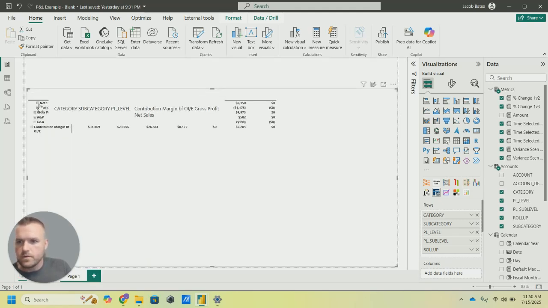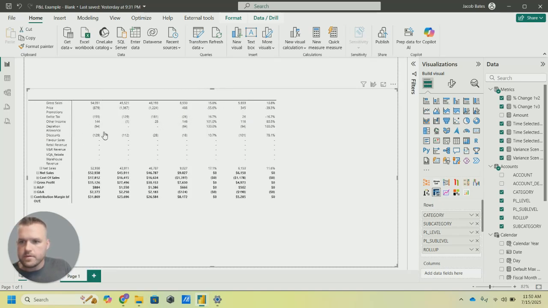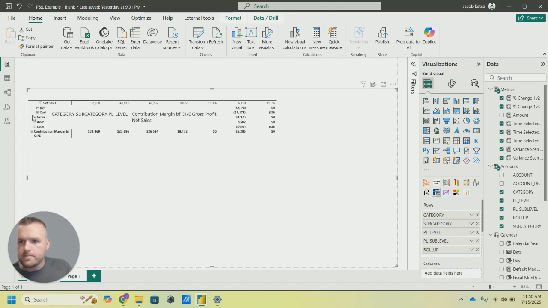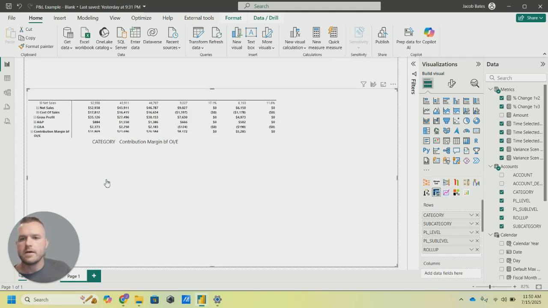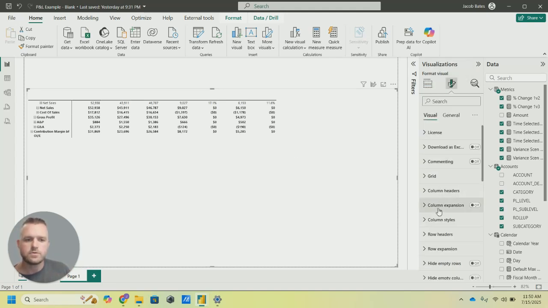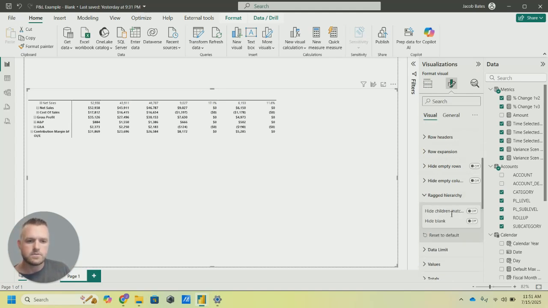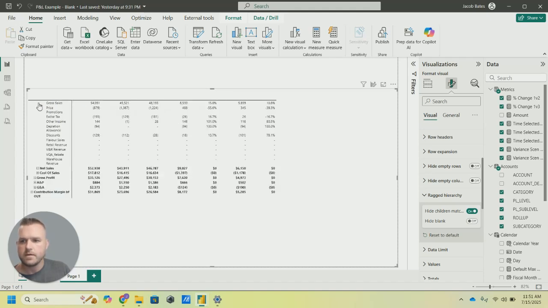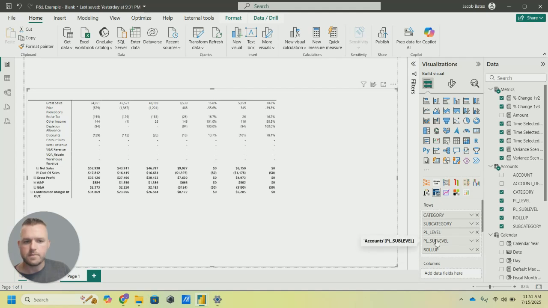So now you go back to the visual, and as you expand, you'll see the lower levels aren't bolded like that. So the other thing here too is the way my accounts table is set up is some of the levels of the hierarchy repeat down. So there's another cool feature in this matrix that allows you to hide the duplicate. So I'm going to just hide the children matching. So now you see when I expand net sales, it's actually going to go down to my, here I'll show, my roll-up level rather than sub-level, because P&L level and P&L sub-level for net sales match, but